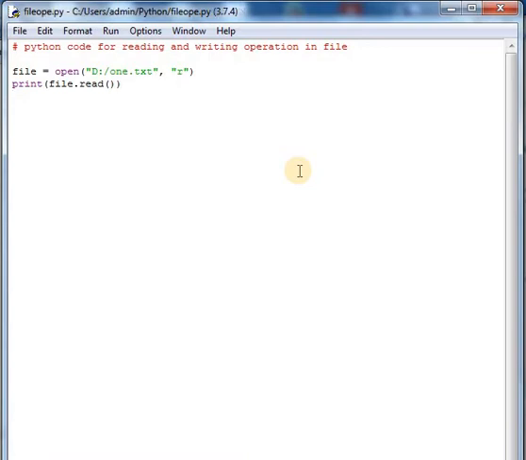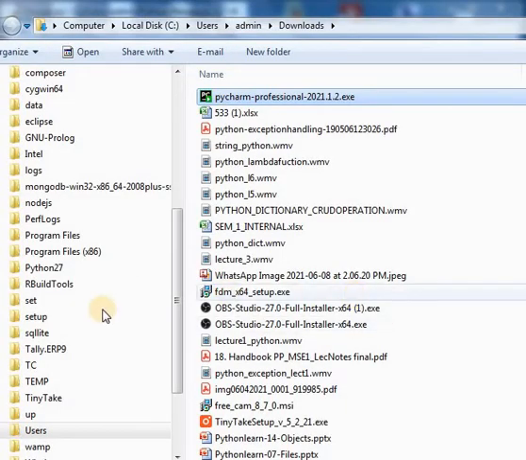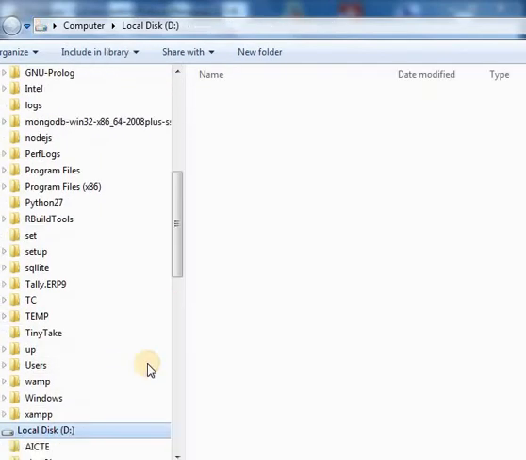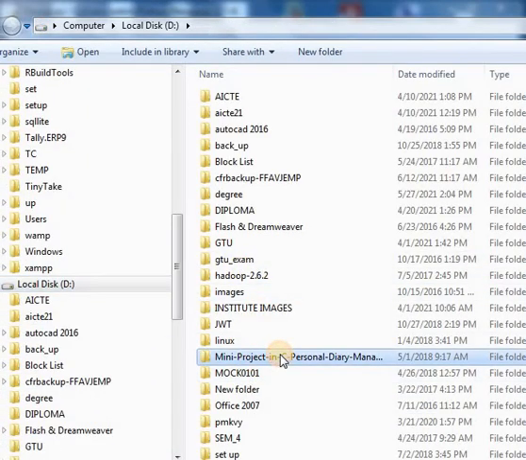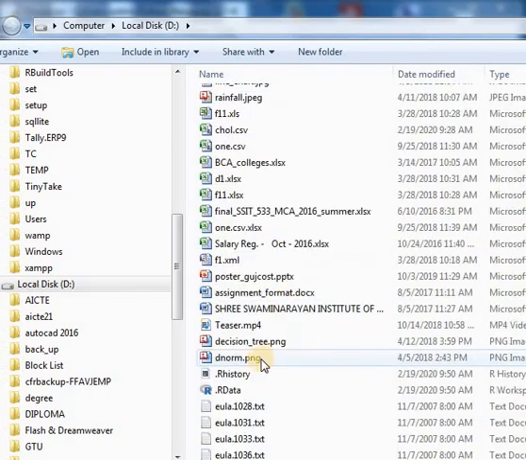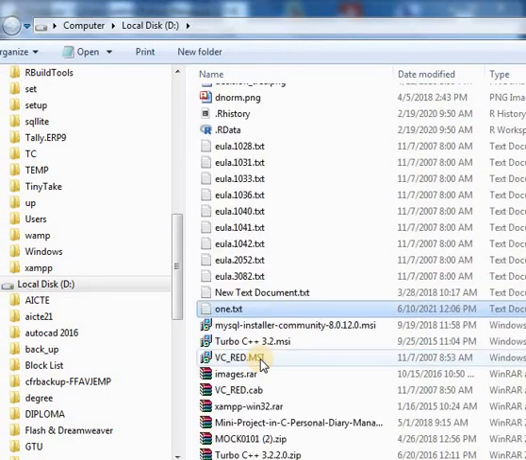Now save your program. Save your programs, and now we will run our programs. But before that we are going into the D drive, and we will check that 1.txt file. This is my 1.txt file.